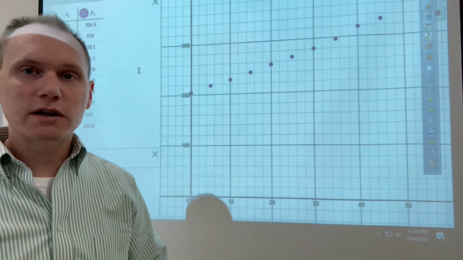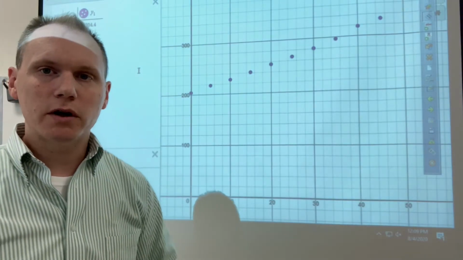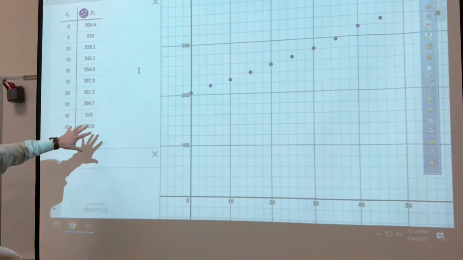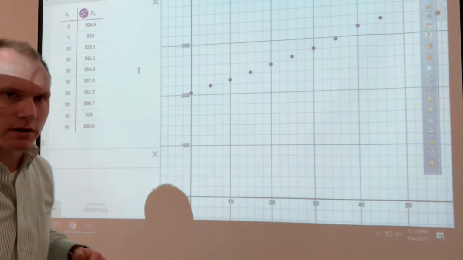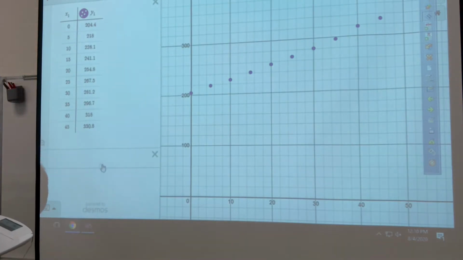There are other function types that we can use. We're going to focus on linear and then maybe possibly exponential later on this year. But let's see if we can come up with a linear function. Let me show you how to do this in Desmos, and then later I'll show you how to do it in your calculator. Okay, so we're going to open up a new line down here, and I'm going to type